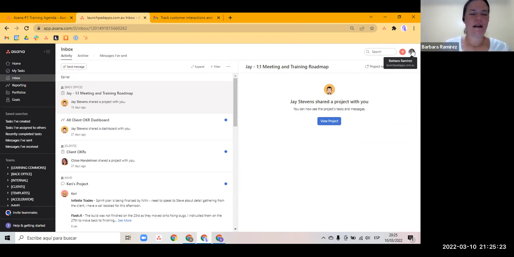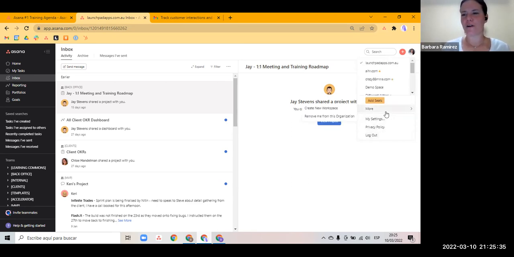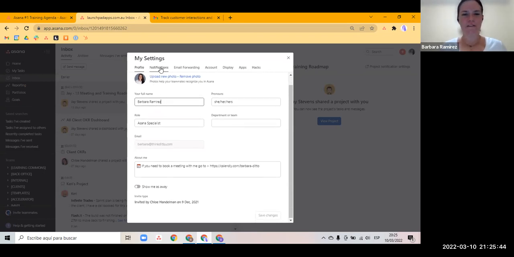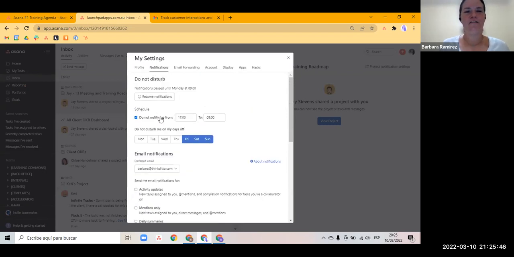One of the things that I do every time I'm added to a new project or a new workspace organization in Asana is go to my avatar in the top right corner and then go to Settings. After I put in my name and what I do, I go to Notifications. First, set the hours that I'm not working. This is a really good suggestion for all of you, especially because here we're going to cover notifications not just in Asana, but also for email. So when we schedule, Do Not Disturb